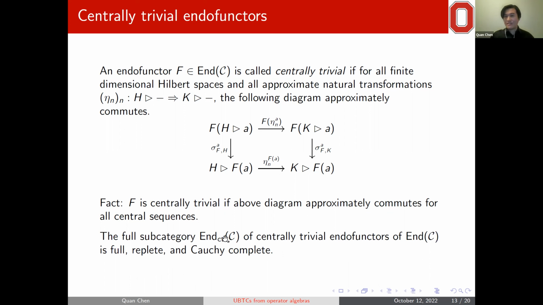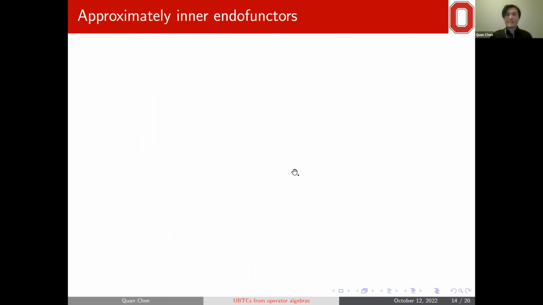Tensor subcategory, all right. The tensor product or composition of two centrally trivial endofunctors is still centrally trivial. So this is the first category. Second one